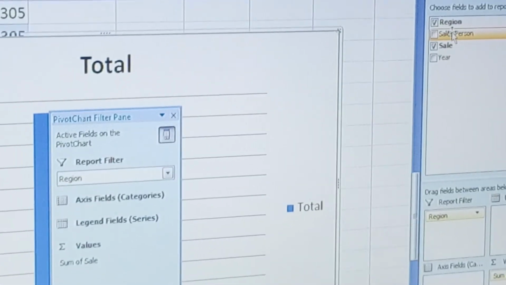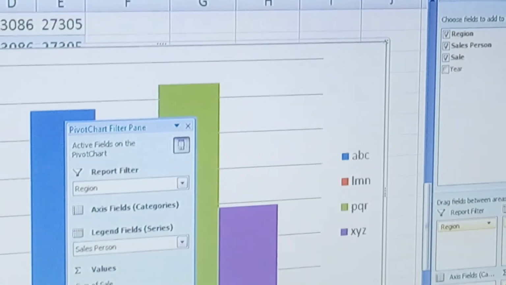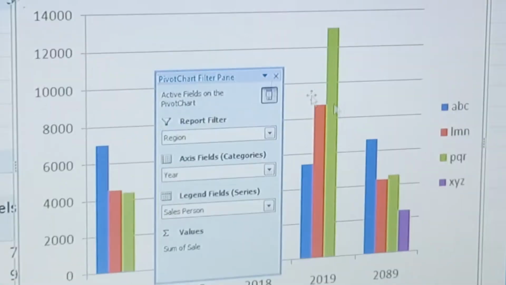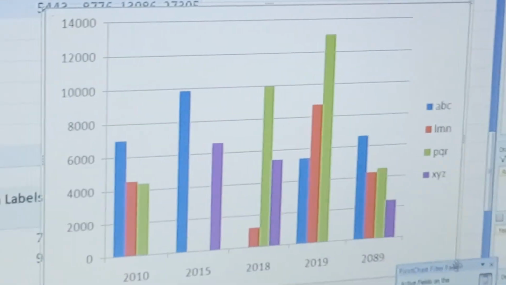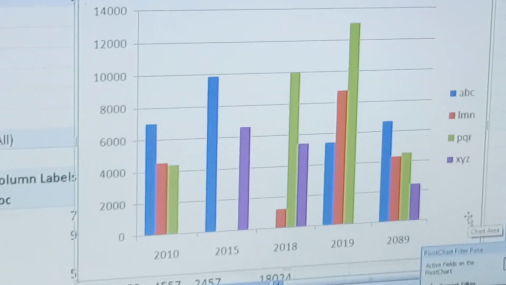Drag the field to the desired location where you want it. Now automatically a chart is created and it shows the comparative study of different salespersons.